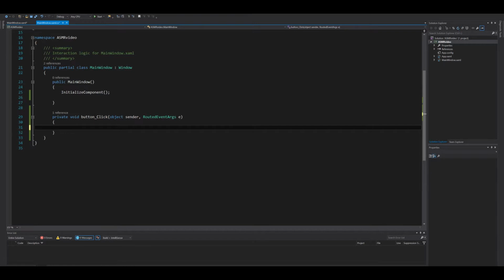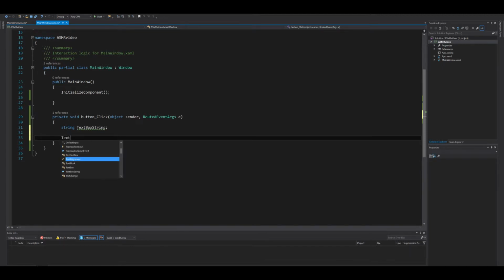So we're going to call this string, we'll just call it text box string. Now, what usually happens is that we can close this off, and I'm going to do that here today. Now what we want to do is display whatever we put in the text box into the message. And to do that, we just type text box string